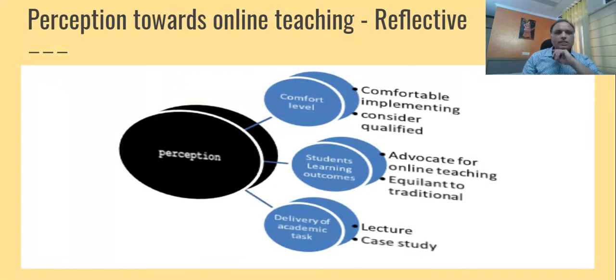Now this is one example of reflective. You wanted to have one more example, so here is another example of a reflective construct. You want to know the perception of students who are in online classes now. So comfort level will reflect on perception. Student learning outcome will reflect on perception. What is your perception as a student, right?